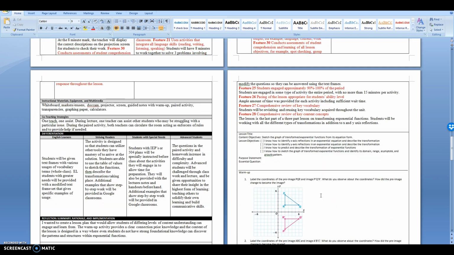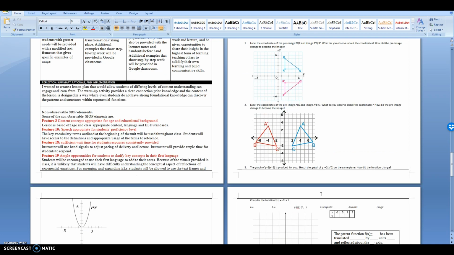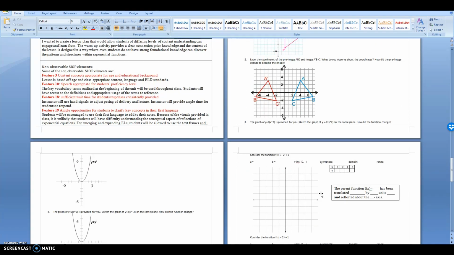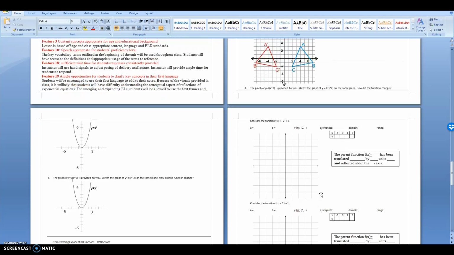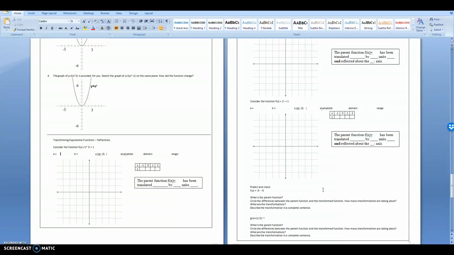Students are continuing their series on transformations, and by this time they would have learned other types of transformations such as vertical and horizontal translation and stretch and compression. The reason I chose reflections as last is because it tends to complicate things, and at this point students will be dealing with all types of transformations, not just reflections. So in a way, it's sort of review plus added material. But technically, they've been dealing with transformations with other types of functions in general, so the entire unit should not